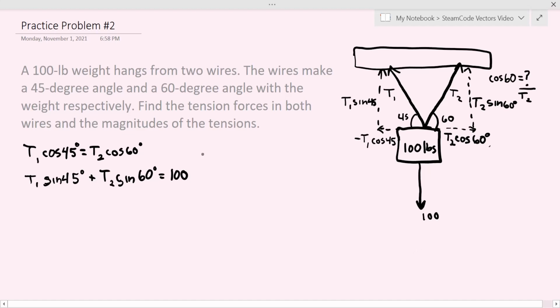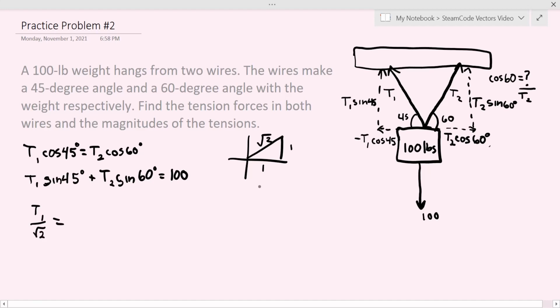So first, let's find out what cosine of 45 is. As you remember from your 45, 45, 90 triangles, the ratio of the sides is 1, 1, and root 2. So cosine would equal 1 over root 2. So T1 times 1 over root 2